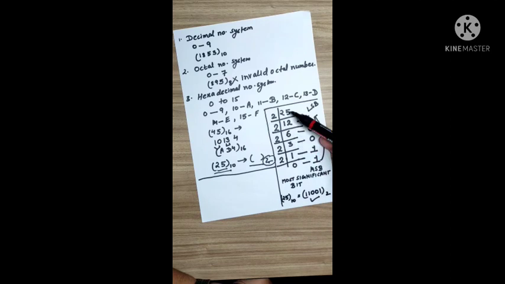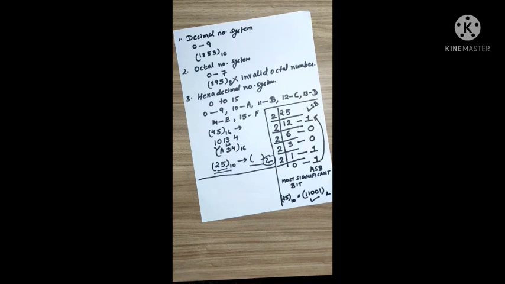So we'll keep on dividing the number by 2 unless and until the quotient becomes 0, and each time the remainder will be written towards the right hand side. So we started dividing 25 by 2. 2 1s are 2, 2 2s are 4. Here the remainder is 1. 2 6s are 12. Remainder is 0. 2 3s are 6. Remainder is 0. 2 1s are 2. Remainder comes 1. Then 2 zeros are 0. Remainder is 1. Starting from here, we'll write the number and it will come equivalent to this number.